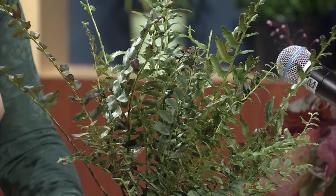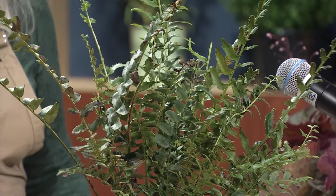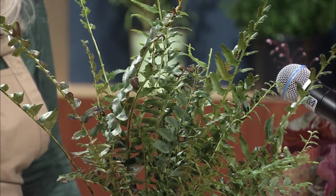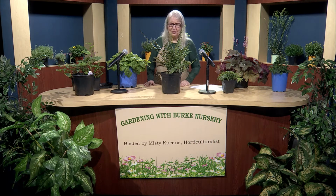Great plant for shade when you have problems with erosion. And of course, it is deer resistant, it's rabbit resistant, and there are some people, I read this once, but I've never really found the documentation totally supported, but I love the story, so I always share this story, that